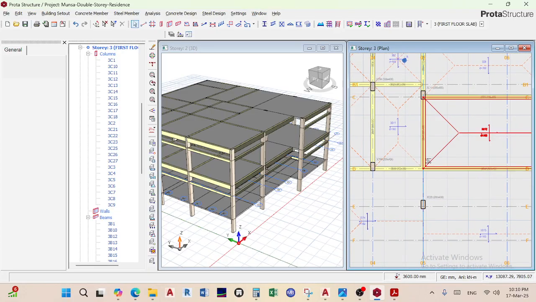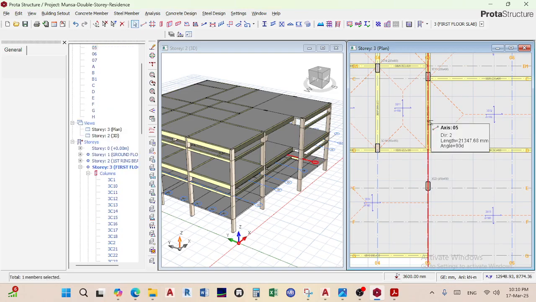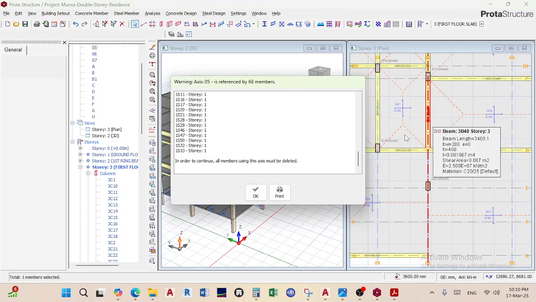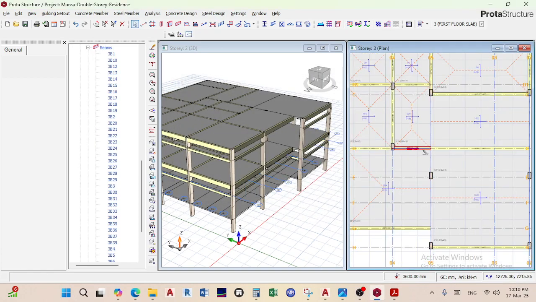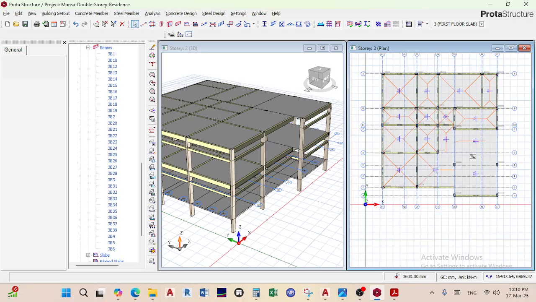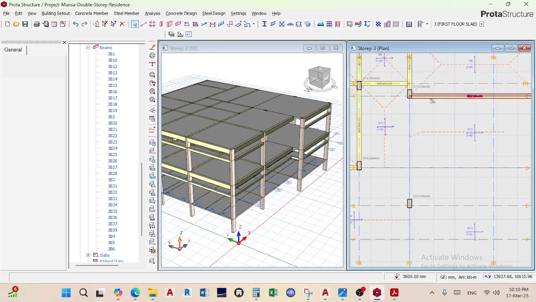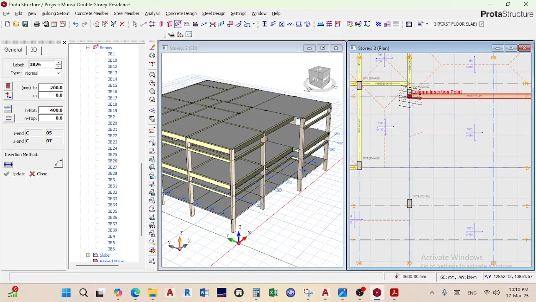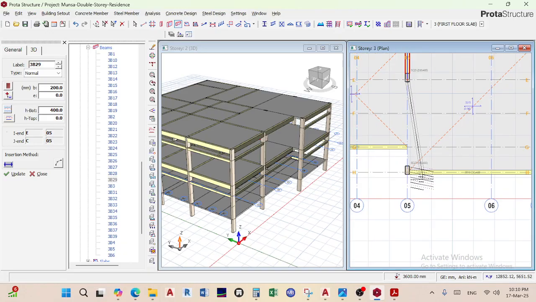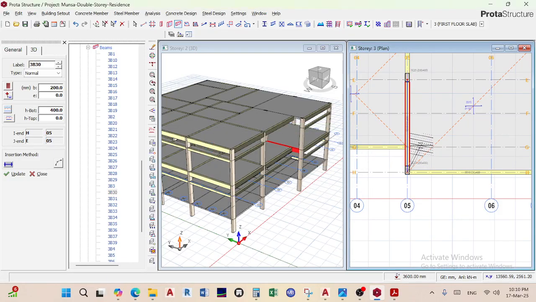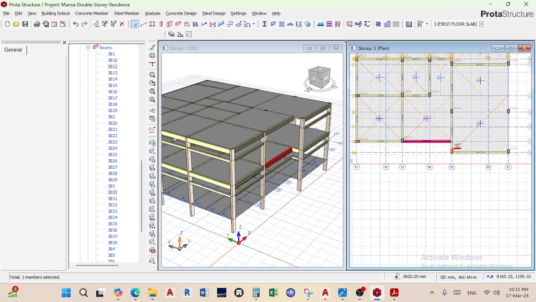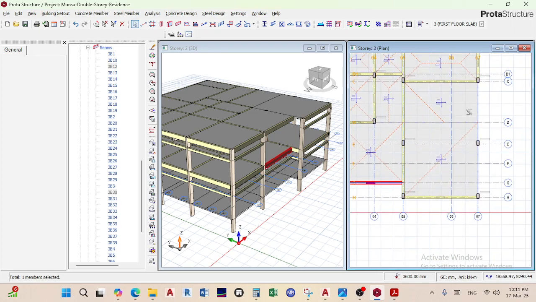Okay, so now the beam system will be like this. Okay, that's the axis. We have to delete the beam like that, like that. Okay, so now my beam system will be like this. It will span from there to there, and then here. It's asking if they need to, no, since I want that one to be my main or primary, I'll say no. I'd much rather have this one join in that one, and then this one will be the main,